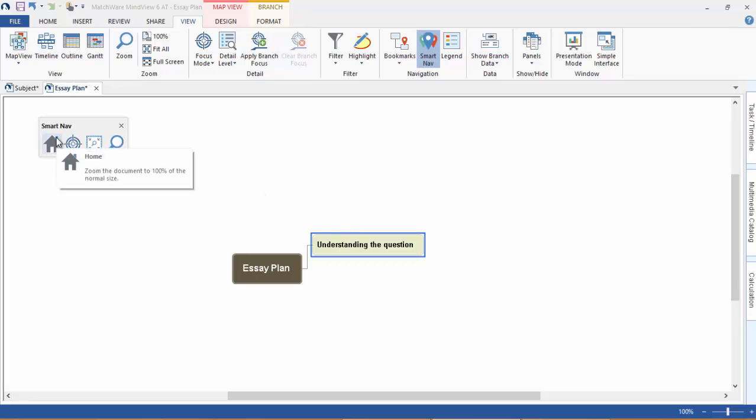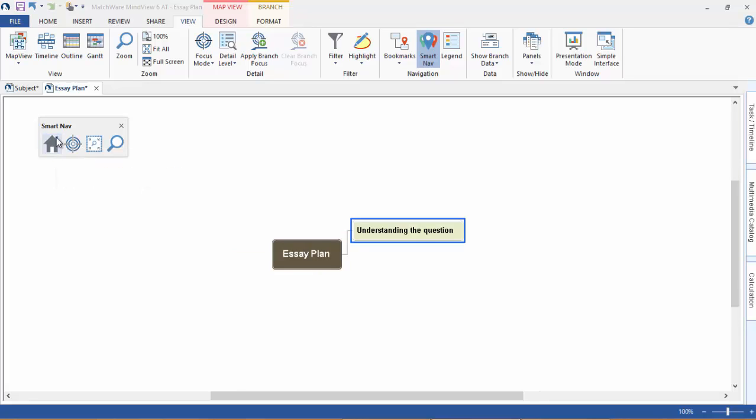And then you've got the option here which will zoom back to 100%. So you can leave that navigation bar open, because before you had to do it manually by going up to focus mode here or going bottom right hand corner to zoom in and out. So I think that's a nice little touch, so I'm going to leave that open. Let's carry on with my